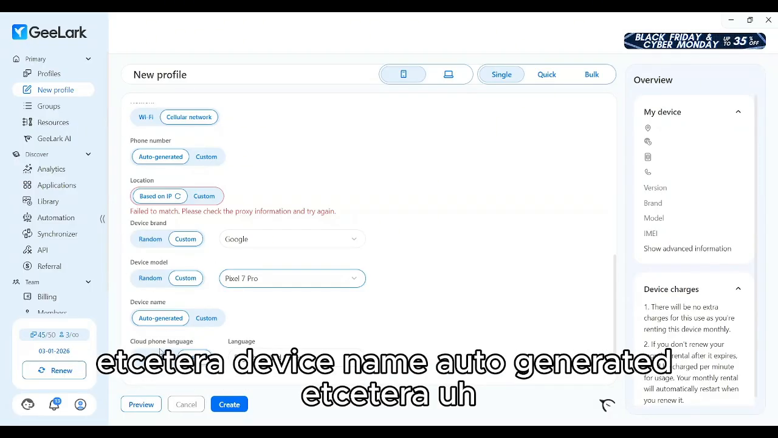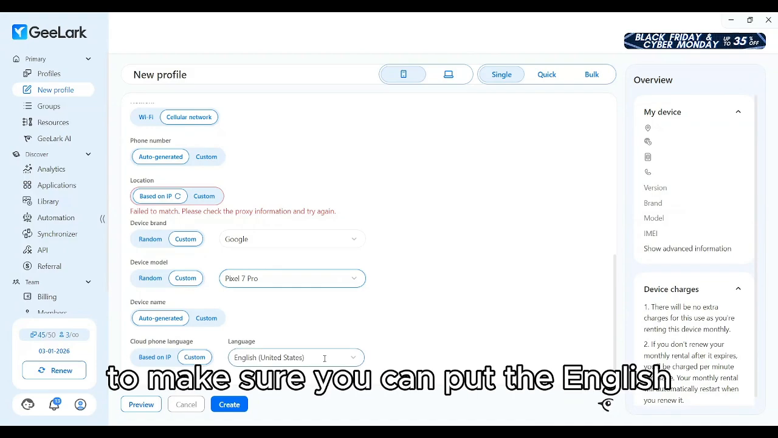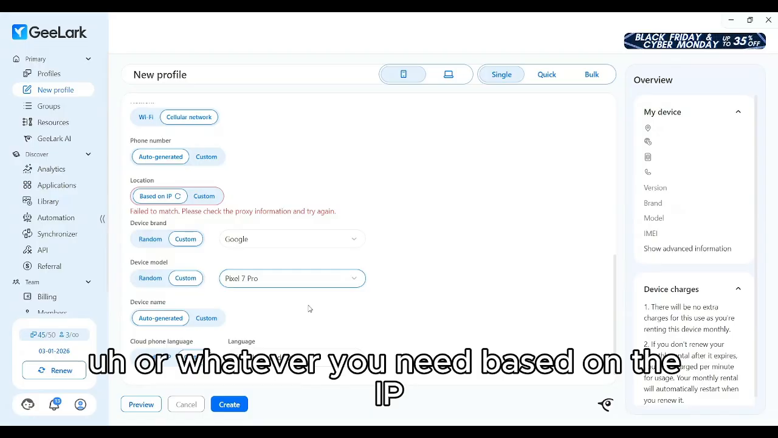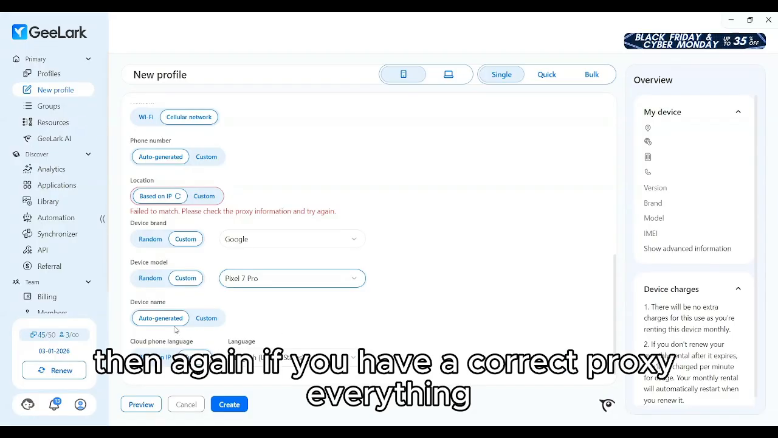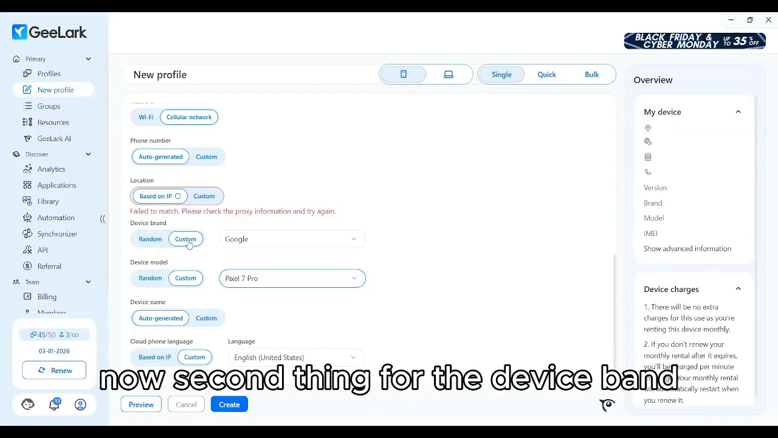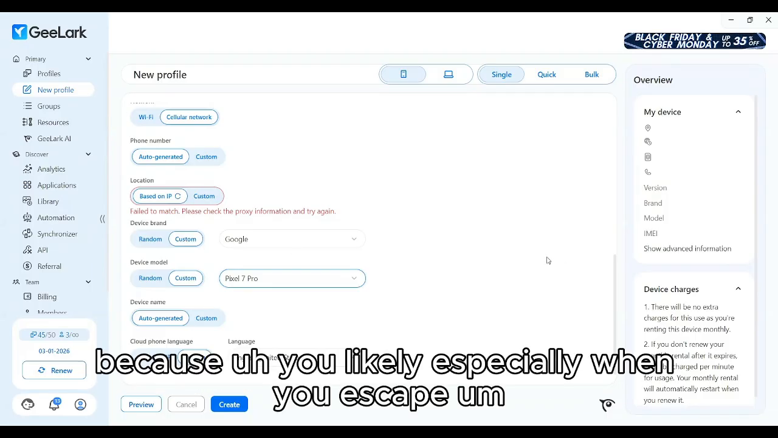Device name is auto-generated. Cloud phone language, you can put English or whatever you need based on the IP. Then again, if you have a correct proxy, everything should fit. But that's just for the device brand. Now, the second thing for the device brand, because you likely, especially when you scale,